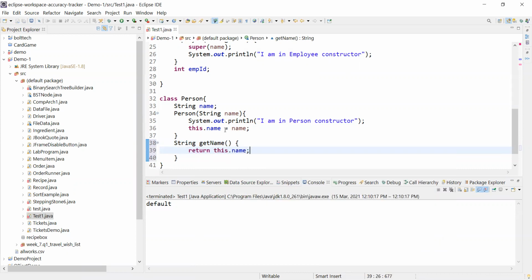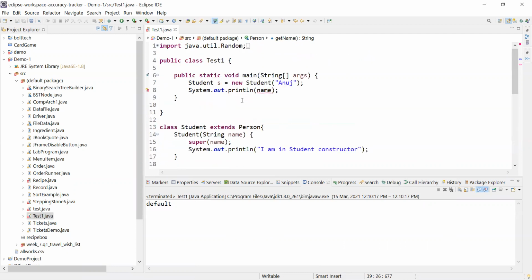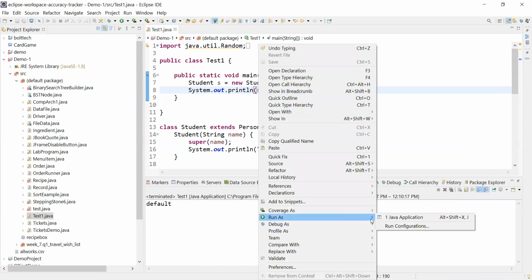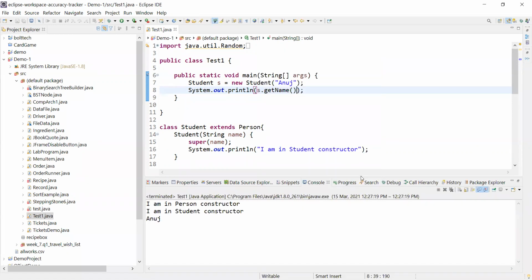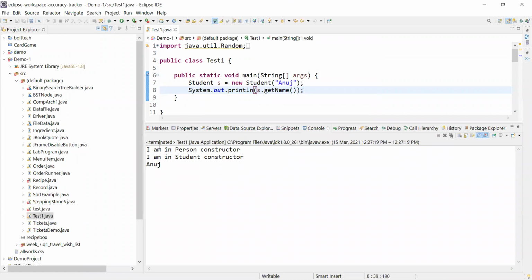Okay, now s dot get name. So this get name is coming from where? From its parent. Okay, let's run it once and you will see how it's working. So first it was creating person constructor, then student constructor, then it was printing this s dot get name.